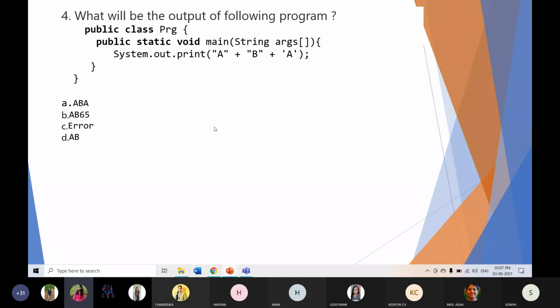Option B. Can anyone guess? Is there any other answer? Option B. Okay. Everyone is going with option B?